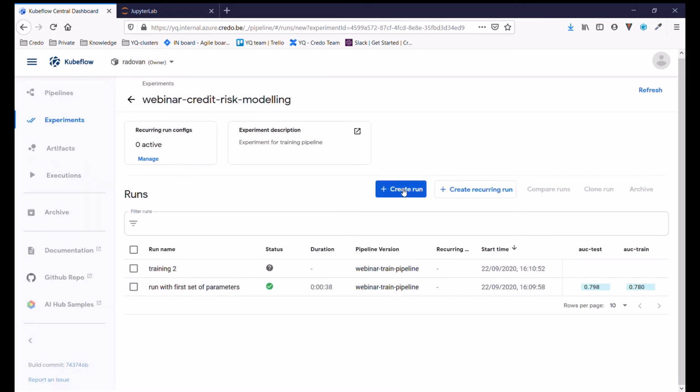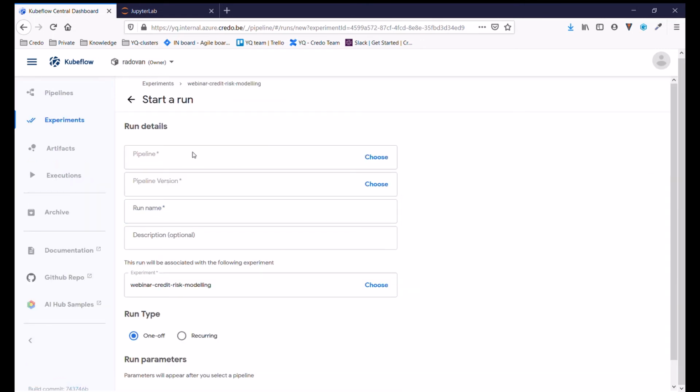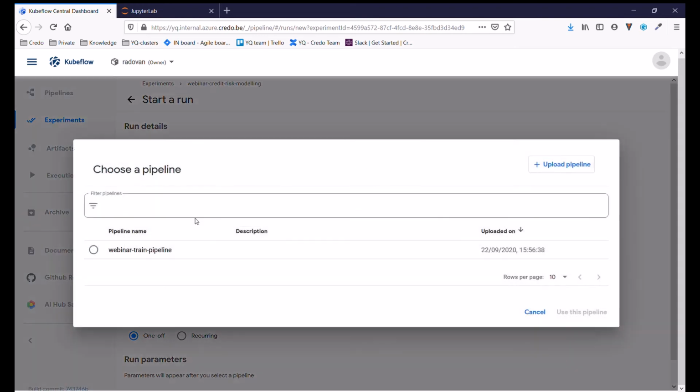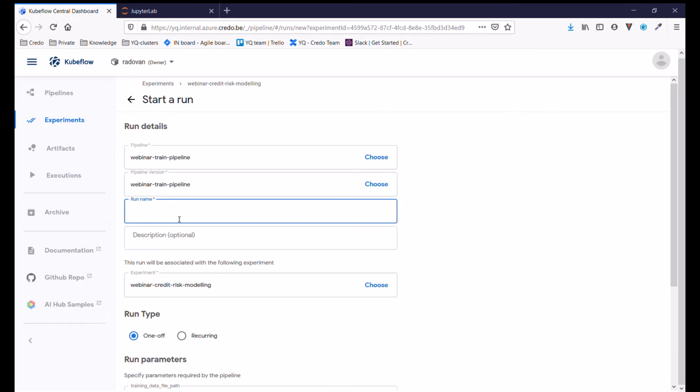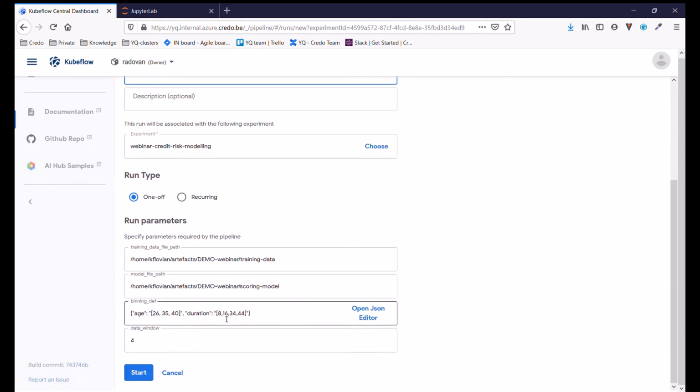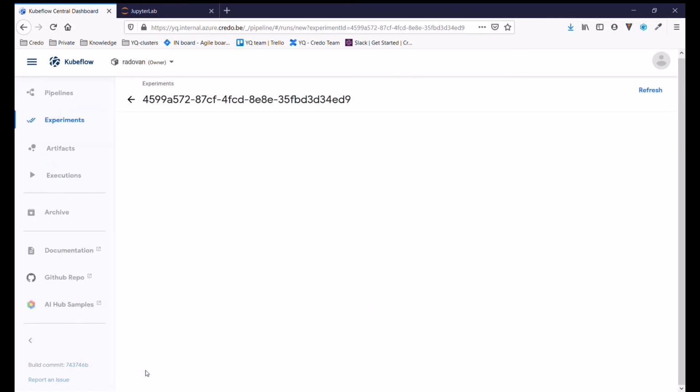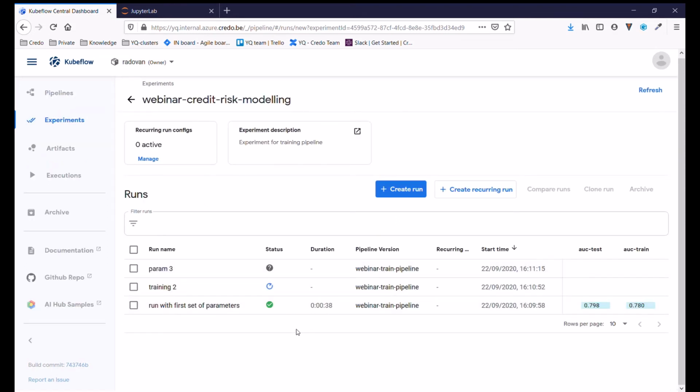And I can create another one just to have 3 of them. So I again select the same pipeline, param3, and now I will change, for instance, this guy to 10 and 20, and I will start it. And you can see all my different experiments are stashed into this experiment